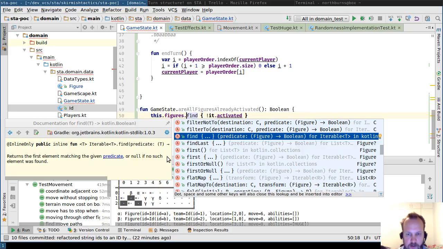Interesting. My gut says that there's no difference, but